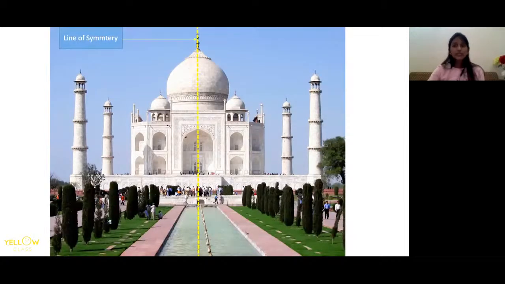See, this yellow line which you can see on your screen, it exactly comes at the center. The two pillars at the left side and the other two pillars on the right side, they are exactly symmetrical. Okay. So can you imagine? It was made so many years ago. So even then people were aware of this concept. Yeah, and today my children have also learned this concept. I'm so happy for them. So now let's see some other things also which are symmetrical.